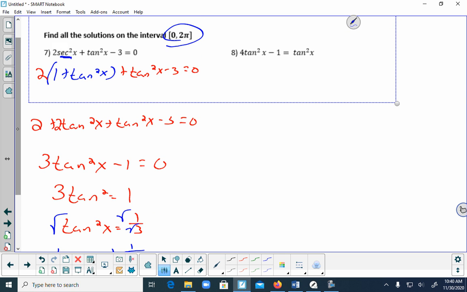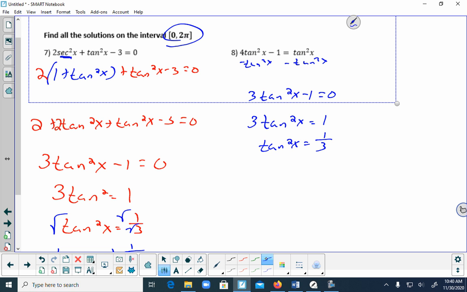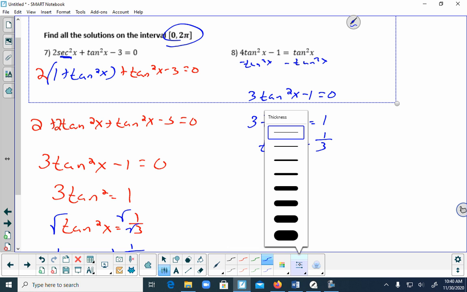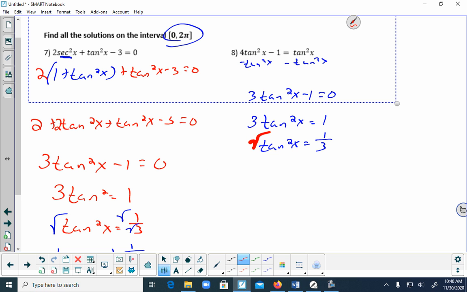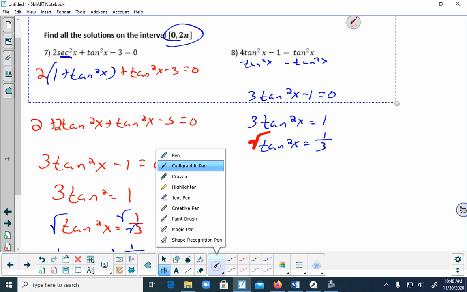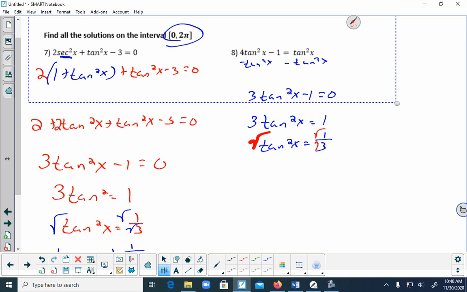Okay, the next one, I am going to subtract tangent squared x from both sides. So when I do that, I'm going to have 3 tangent squared x minus 1 is equal to 0. Add 1 to both sides, divide both sides by 3, and then take the square root. So the tangent of x is equal to plus or minus 1